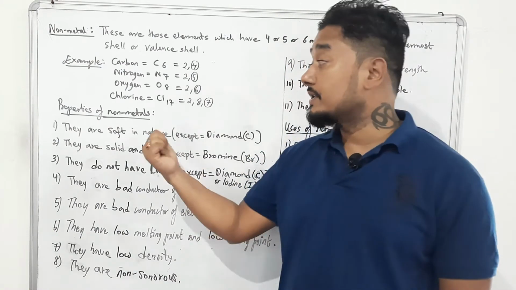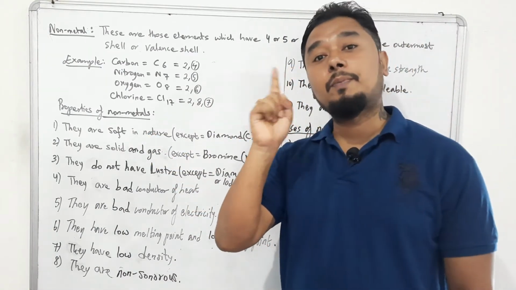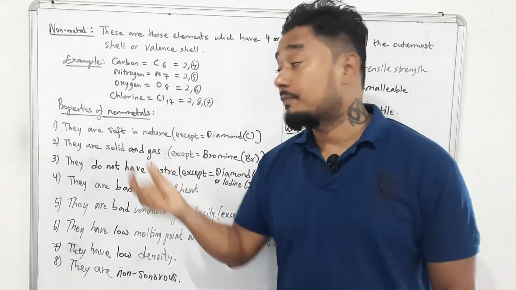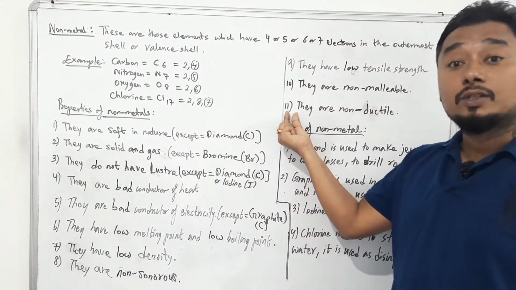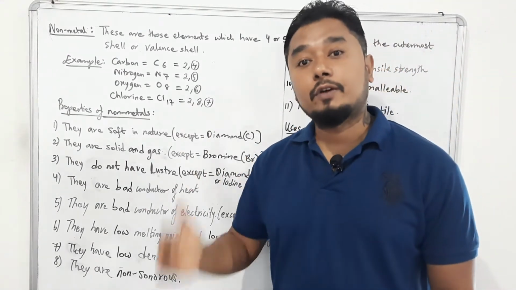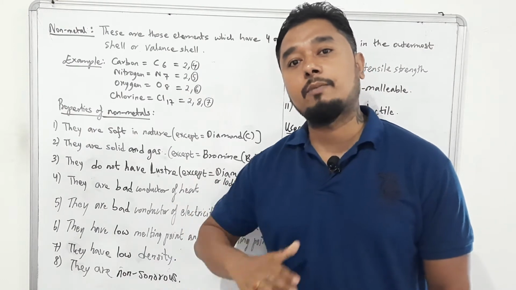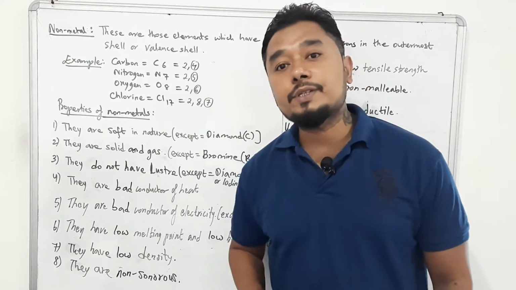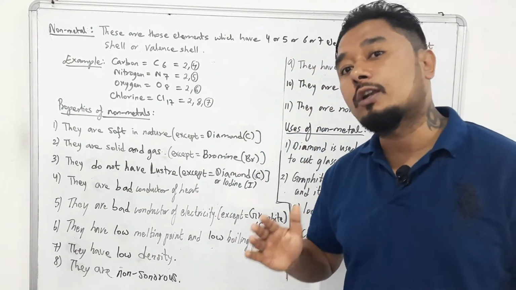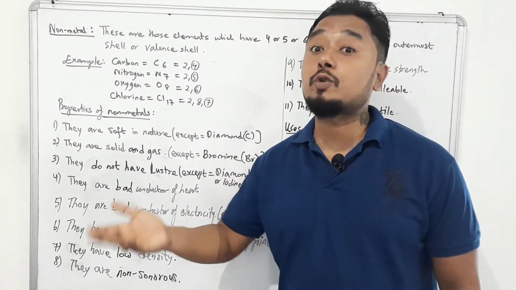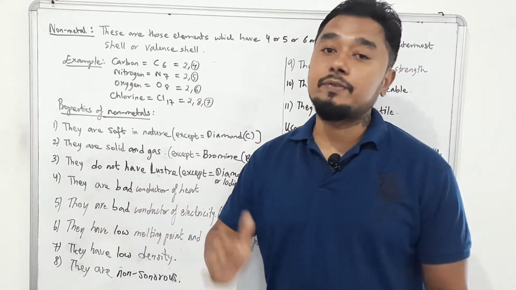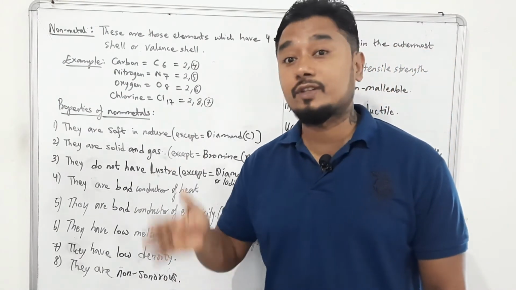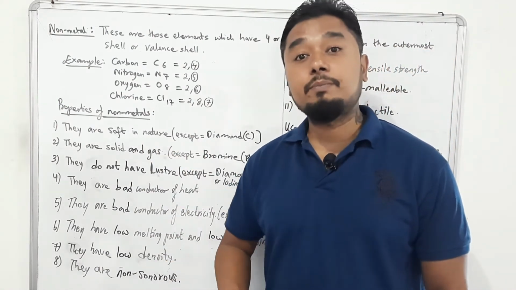And it will be magic if you remember the 11 properties of metals. Why? Now you can see the magic. If you know the 11 properties of metals, the opposite becomes the properties of non-metals. And non-metal properties also you can make 11. Though there are more than 11, for your standard, 11 properties of metals and non-metals is enough. So you don't have to remember 22. 11 plus 11 makes 22, but you don't have to learn 22. If you remember 11 for the metal, make it opposite and it becomes the properties of non-metals.